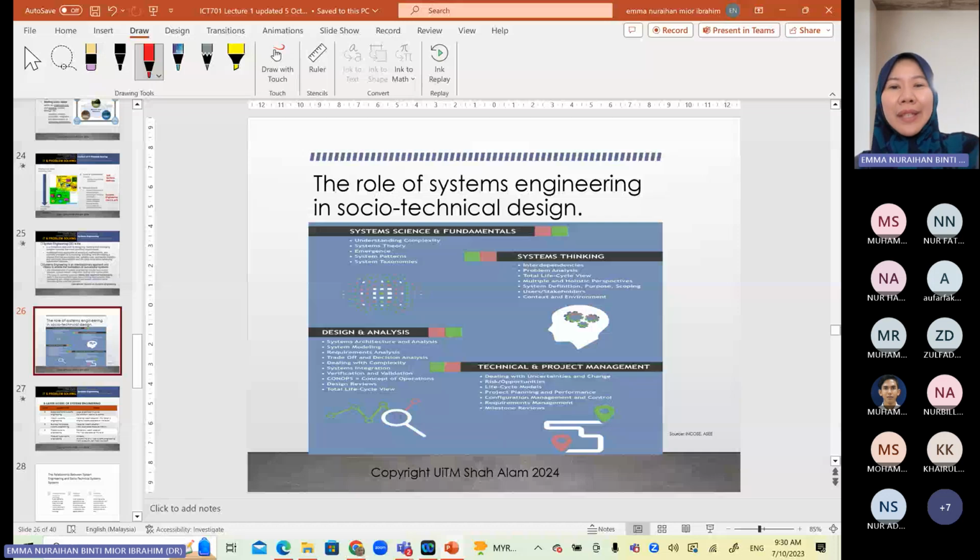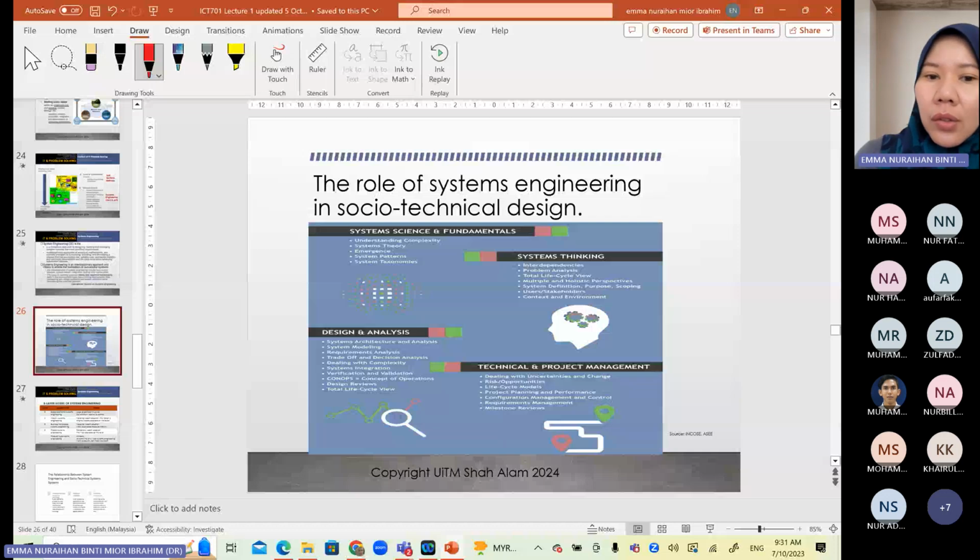Other than that, you have design analysis. I'm sure these are the processes that everybody is doing in their work. Technical and project management. All these elements are part of the process of how you come up with a socio-technical design. So, system engineering. Looking at the system engineering